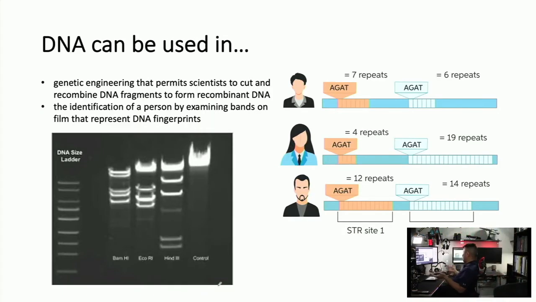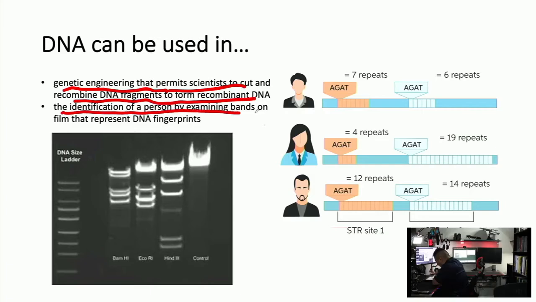But there are some good things we can do with DNA, right? For one thing, DNA is our genetic information. It's where life is from, right? But DNA can be used in genetic engineering, right? It permits scientists to cut and recombine DNA fragments to form recombinant DNA, which I was talking about before with the PCR. And then you can also use it to identify a person by examining bands that represent DNA